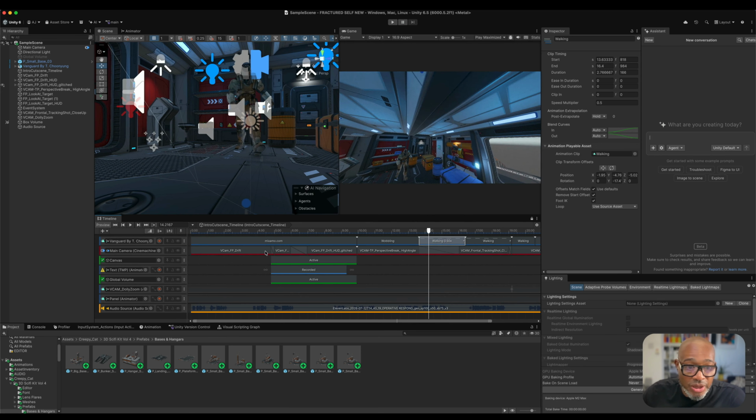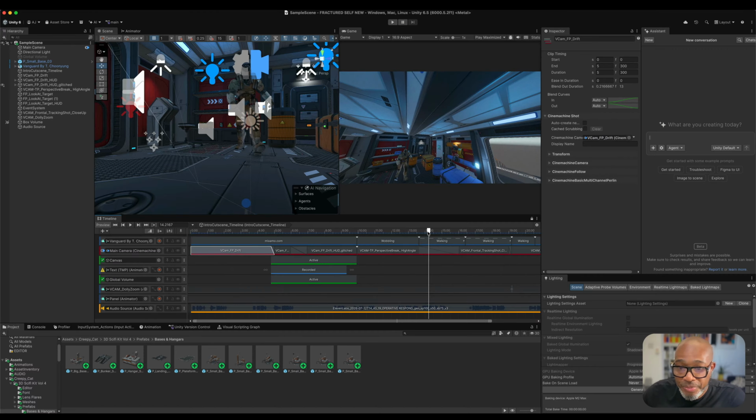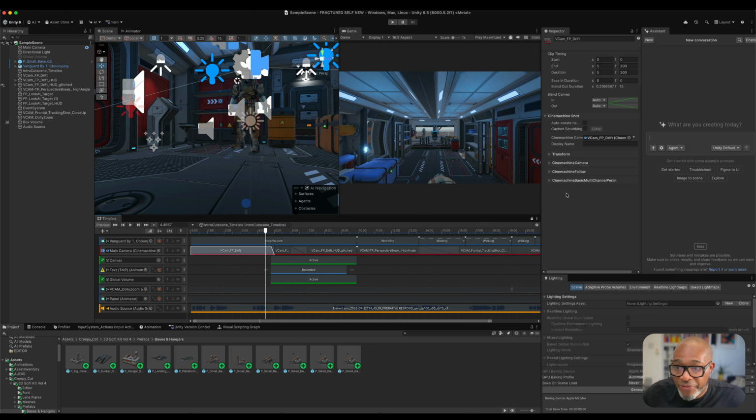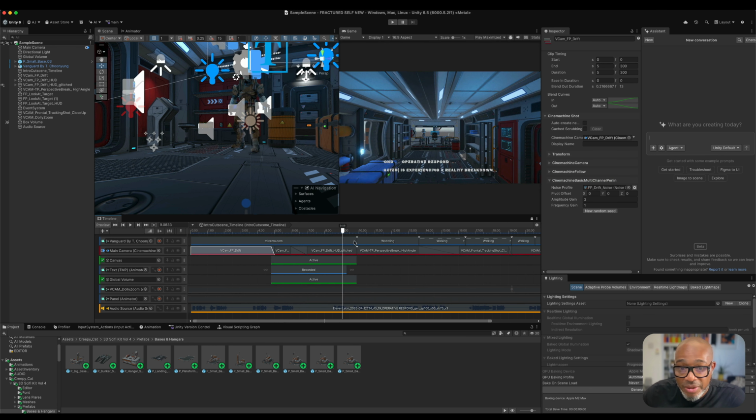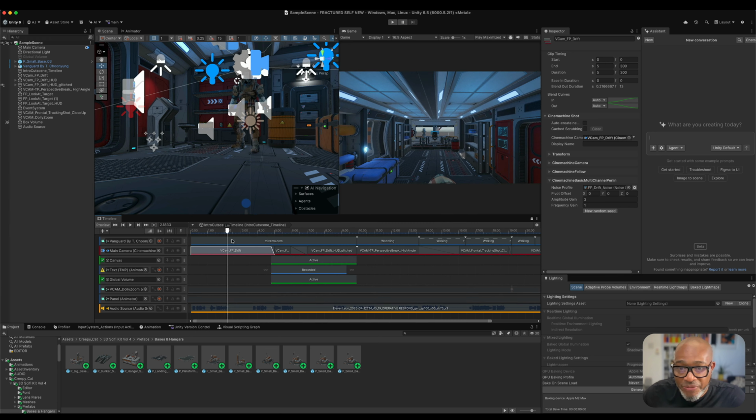So having a look at the cameras again. This camera is FP camera drift. And you can see I've got the Unity AI assistant. What it helped me do here, for the camera drift, I added a noise profile, and it helped me generate the script for that. So it's like a first person noise profile. Then I played around with the amplitude and the frequency to get the kind of drift. You can see here there's some kind of drift. When I'm scrubbing through the timeline, it's hard to see it. But if I play,